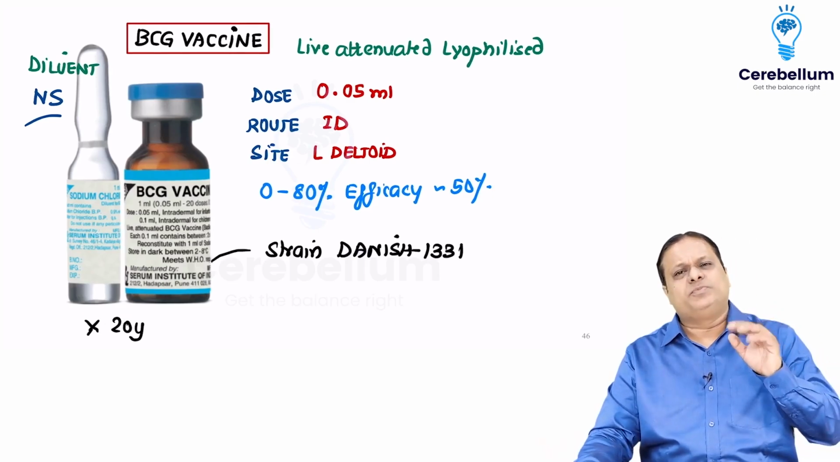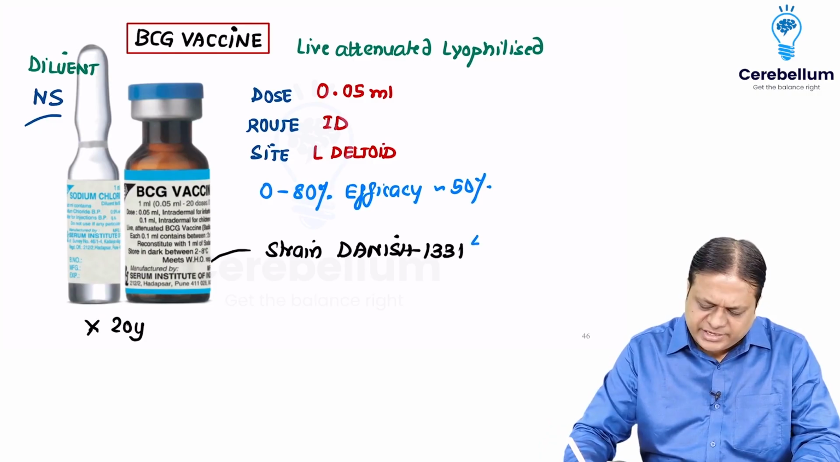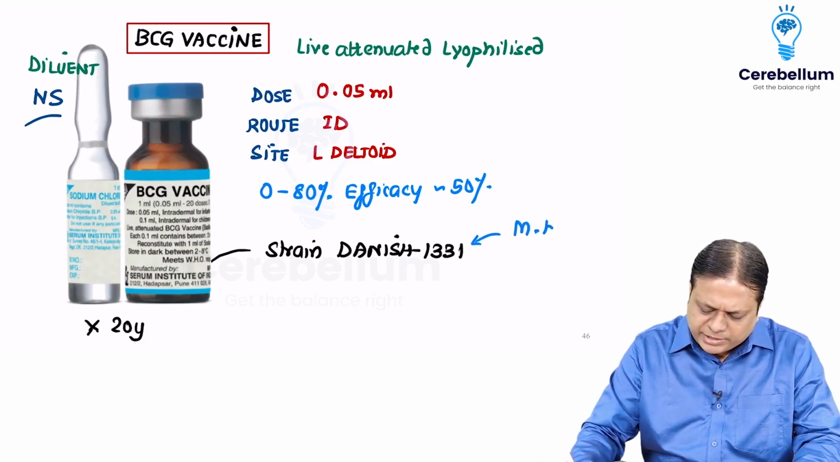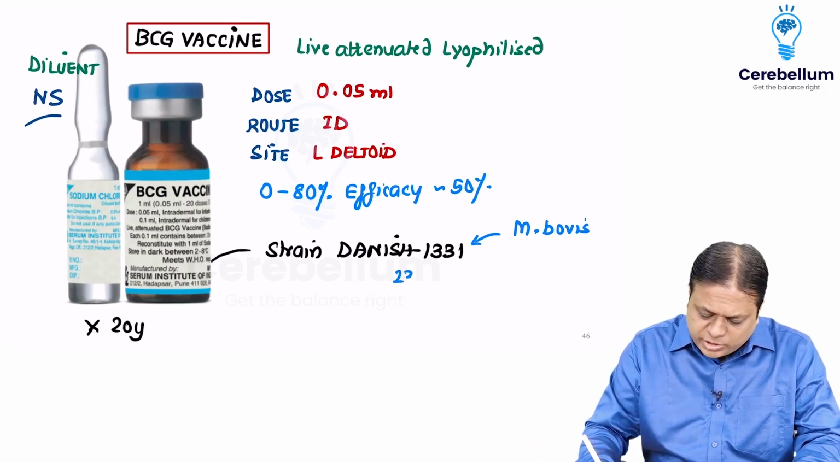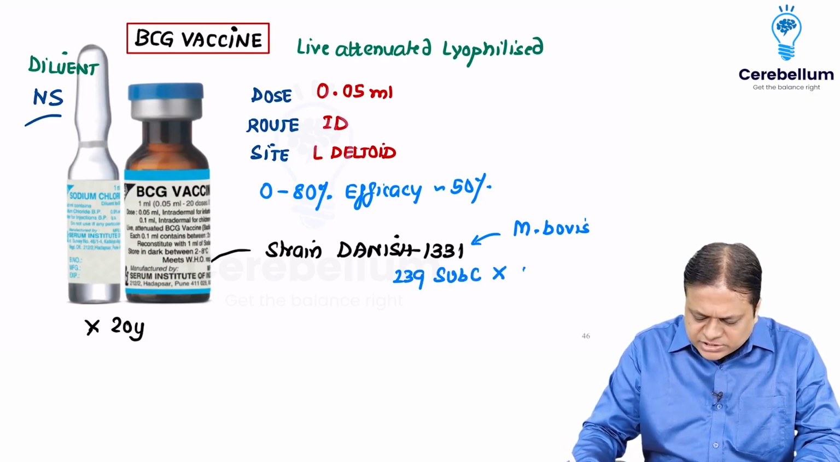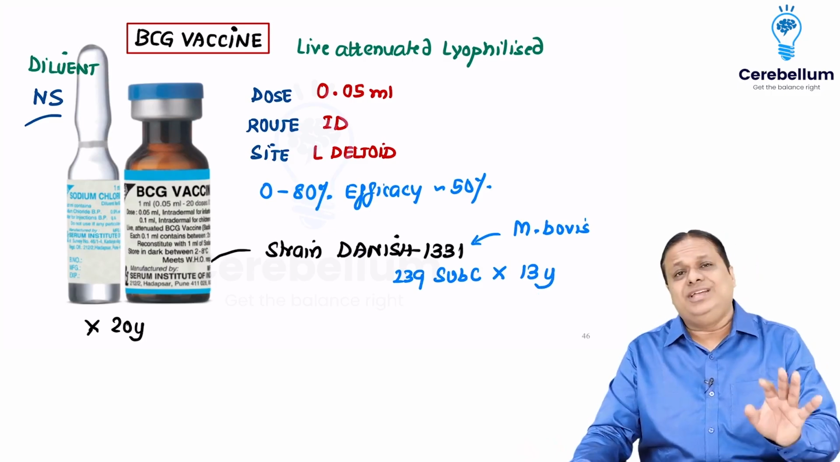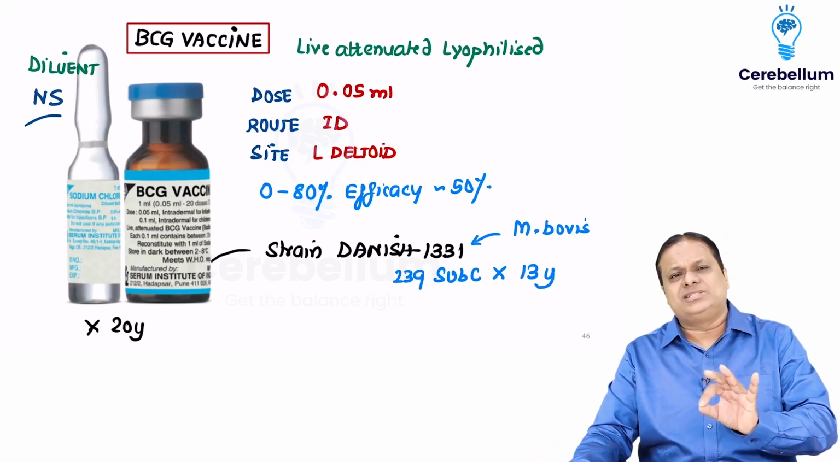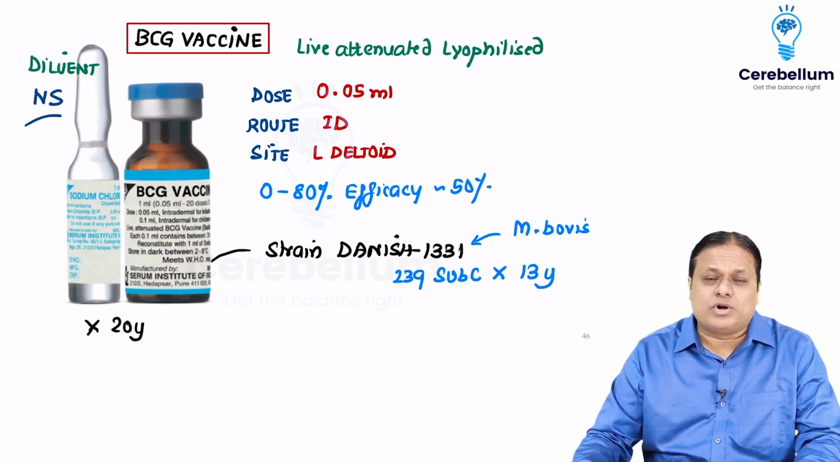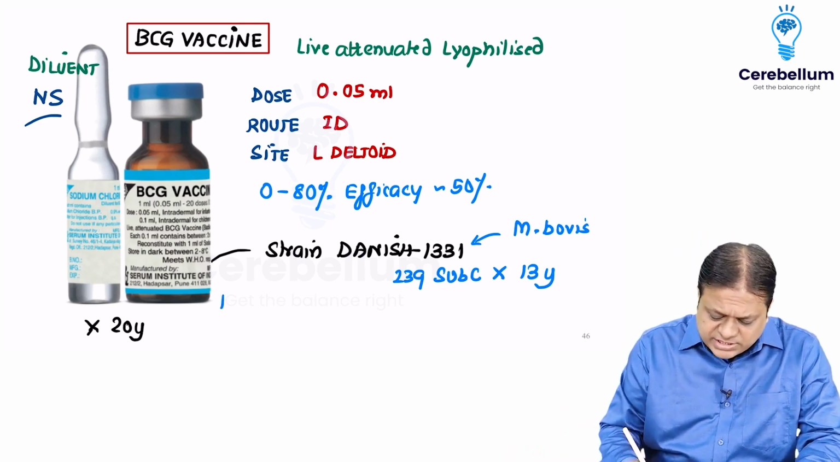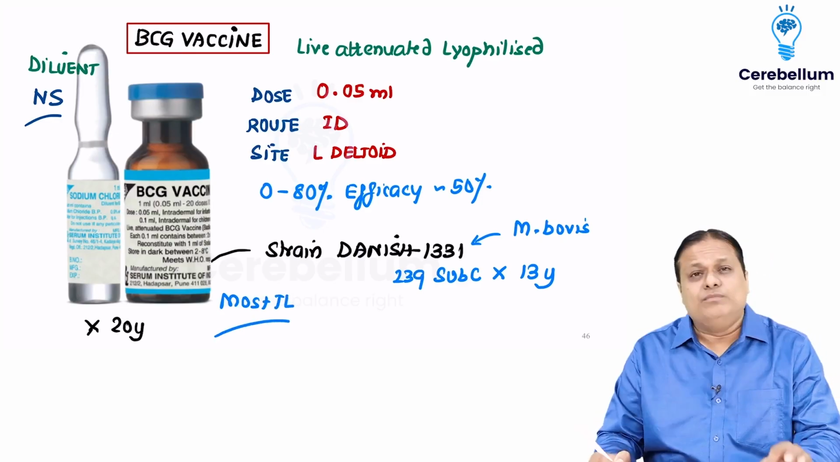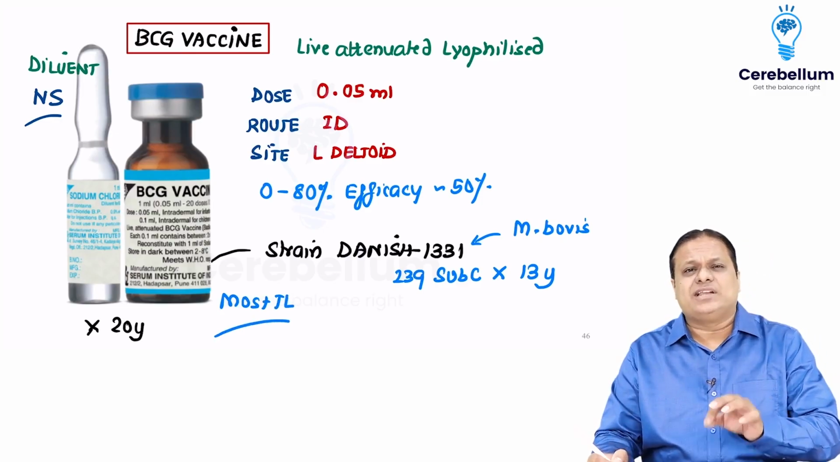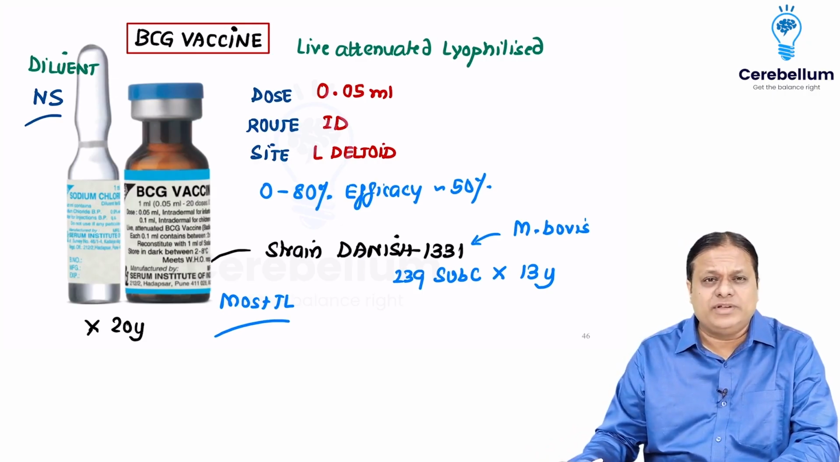Danish 1331, specifically when we look, is derived from Mycobacterium bovis and its production requires 239 serial subcultures, which is done over a period of 13 years. Guindy Labs near Chennai is continuously engaged in this production. And as I told you, this is the most thermolabile, most heat sensitive vaccine after it is reconstituted